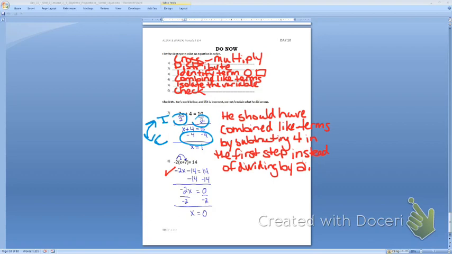Then it looks like they combined like terms, and they saw that this 14 constant right here needed to go to this other side. But look what they did there. Remember, when you cross those lines, you have to change the sign. So instead of subtracting 14, he should have added 14. So the answer would be he should have added